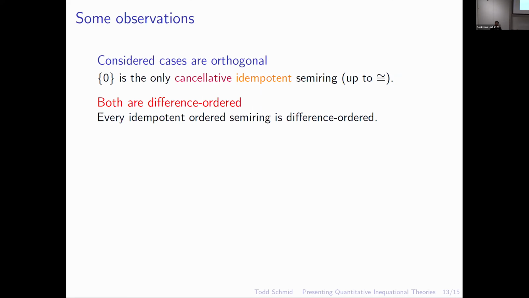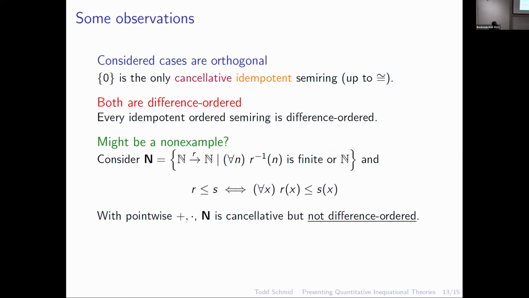It's a very frustrating discovery because it means that maybe my original question was a little bit too broad. I've cooked up this horrible example of a cancellative ordered semi-ring that is not difference ordered. Maybe I'll go into more detail about this in a question period because I want to just sort of plug my last question in here. I'm working with this. I think it could be a negative answer to my original question. So I think that maybe a more reasonable question would be that, if you have a difference ordered